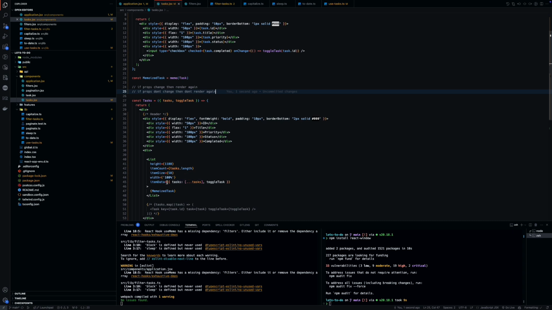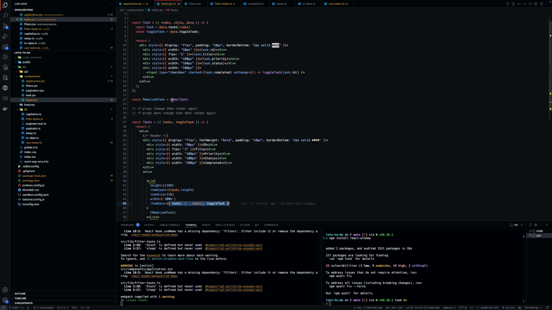I've not changed anything. So here we are passing things in an object, and upon re-render of this component, these props are considered like this object is recreated. So it could be considered as a new object, because the way memo compares things is shallow comparison. It does not deeply compare. So if a new object was created pointing to a different address in the memory, it will consider it as